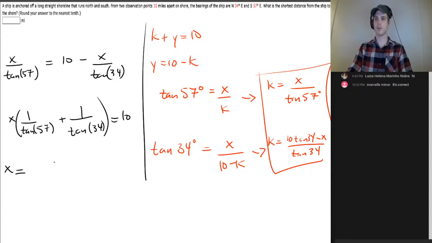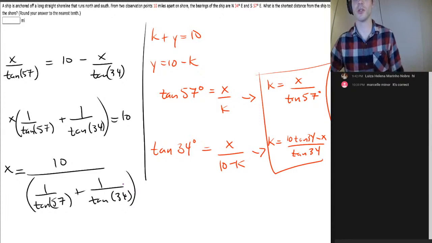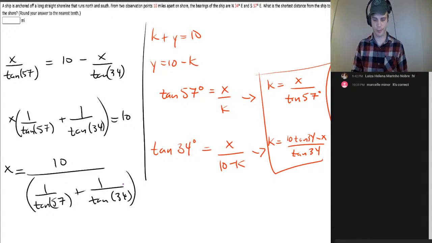So X equals 10 divided by that. Okay, so this can go in the calculator. This is a mess, but